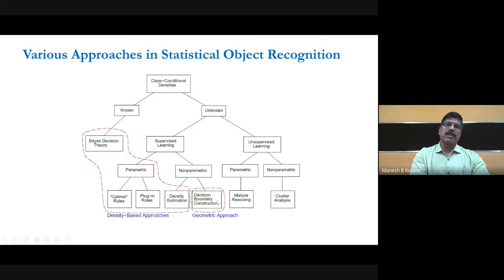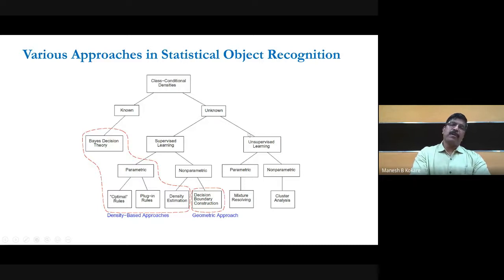These are basically geometric, and these are the density-based approaches. So you know the KNN classifier, Bayes classifier, or minimum distance classifier, and so on. That can be used in the supervised learning approach.